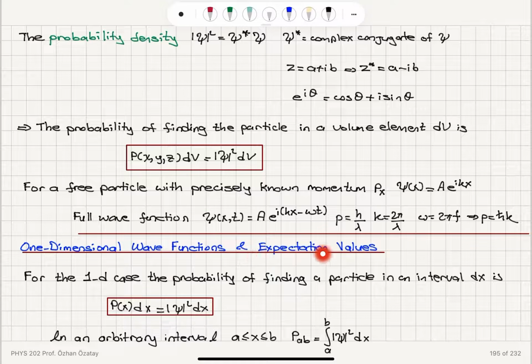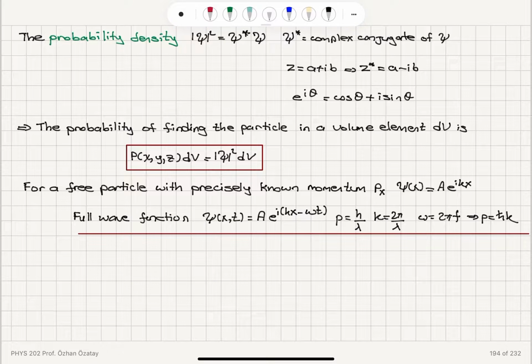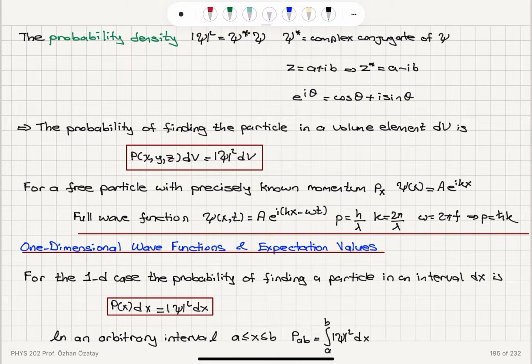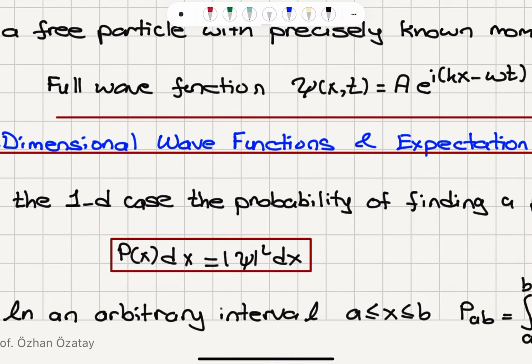One-dimensional wave functions and expectation values. If we have a one-dimensional situation, then the wave function psi that we have defined to be a function of the coordinates of the system will actually only depend on x. So it will be only a function of x, and since psi square, absolute square, is the probability density, the probability of finding the particle in an interval dx will be equal to the probability density, psi absolute squared, multiplied